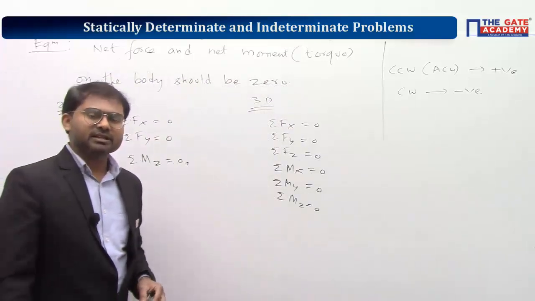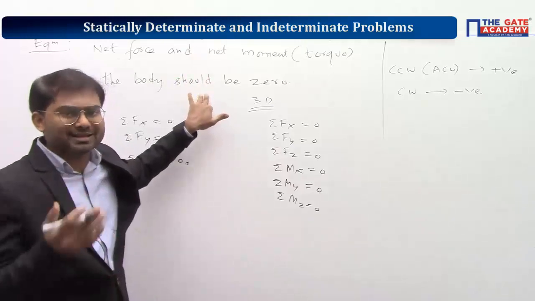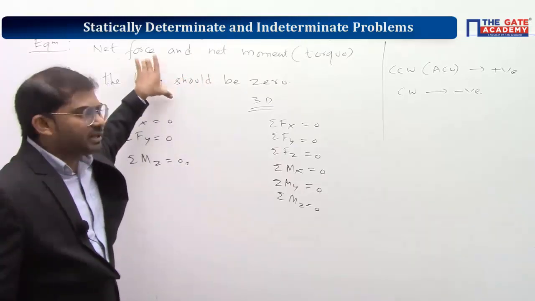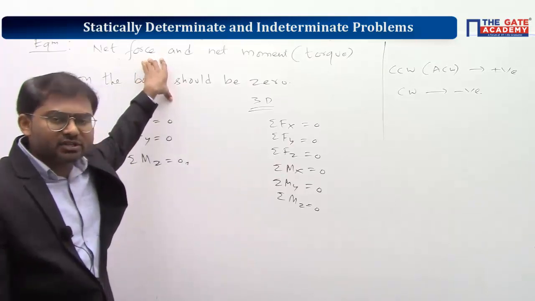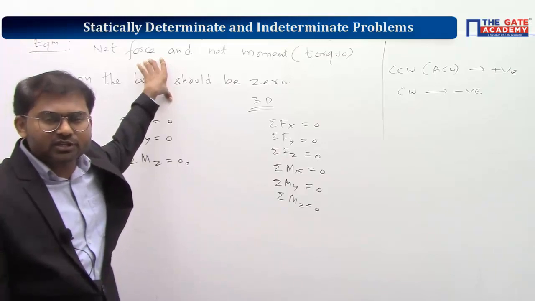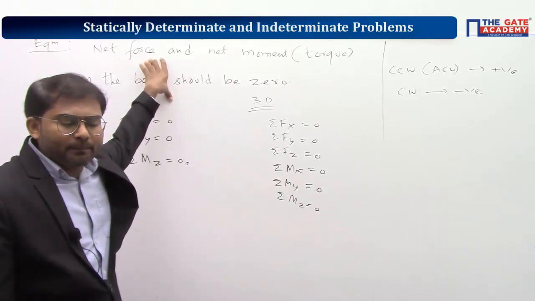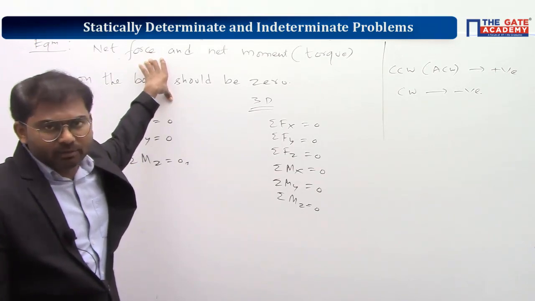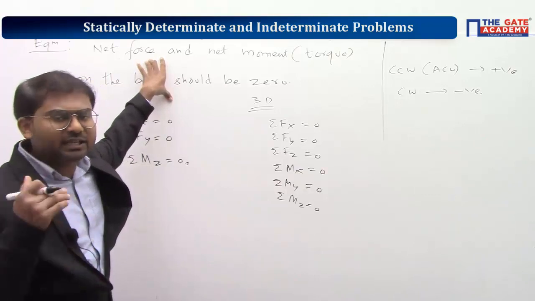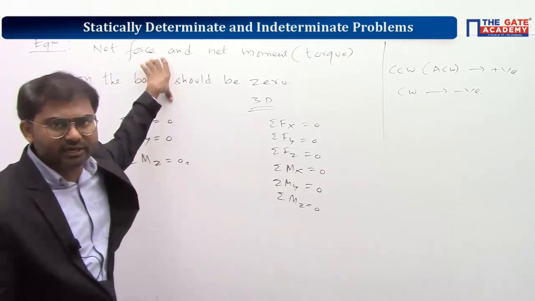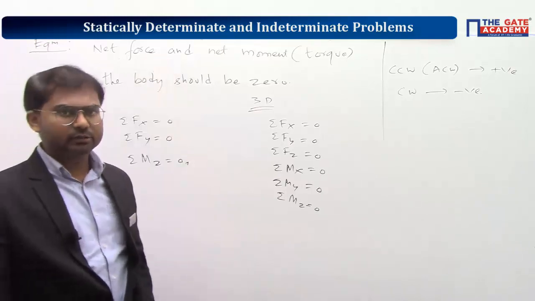So static equilibrium means nothing special. It should satisfy the condition of equilibrium, and also the body should be at rest. Because if you take the condition of equilibrium, net force is 0, so acceleration should be 0, but the body can have constant velocity. So if you are saying the body should be in equilibrium, it can have constant velocity or it can have 0 velocity. Static equilibrium means strictly the 0 velocity condition. That's the only difference here. So in this bit of SOM, we'll be dealing with static equilibrium conditions only.